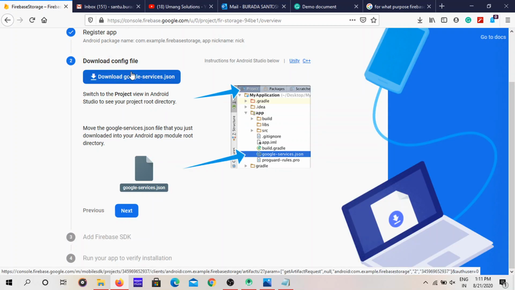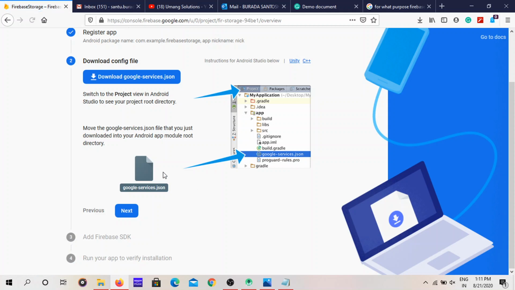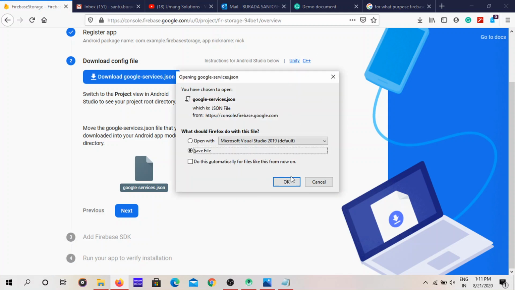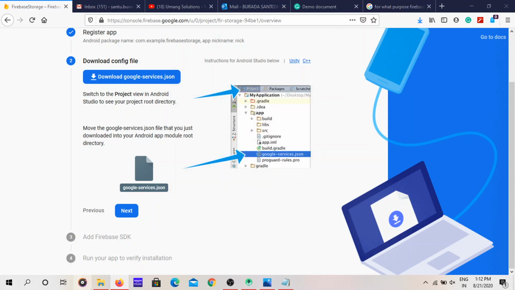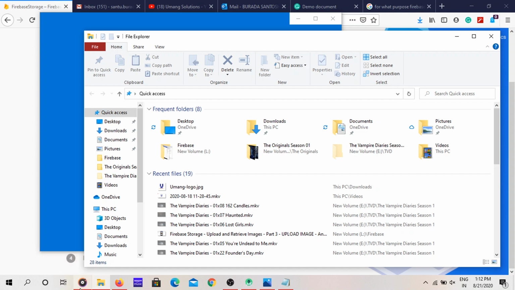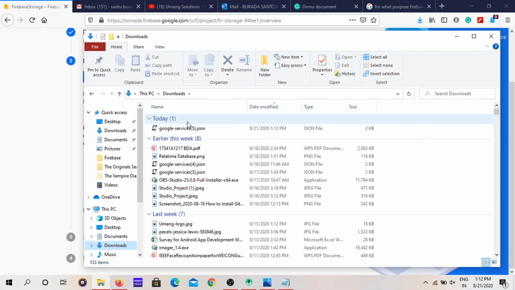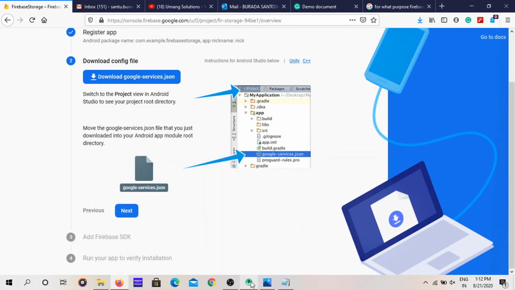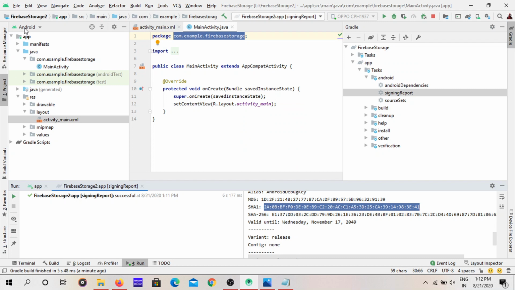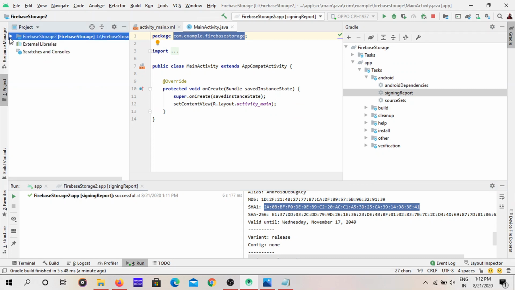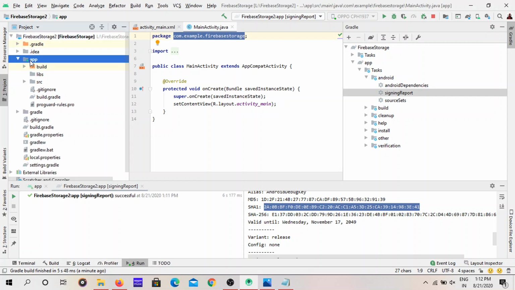And now download the JSON file. Save file. Now go to the files, go to downloads, copy this JSON file or cut this JSON file, go to your app, go to project level, go to your app and paste it here.